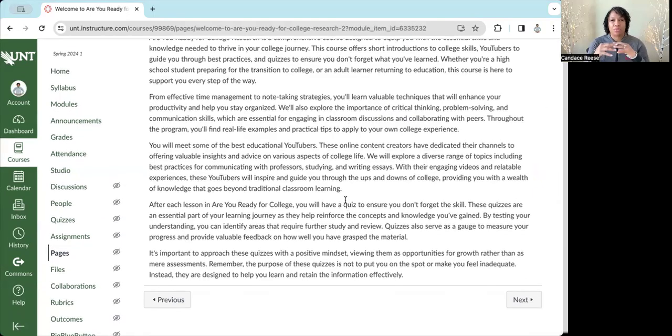It's basically a bridge program where if you've been out of college for a long time, or if you are a high school student just preparing and transitioning into college, this program will help you do that effortlessly so that you can feel more comfortable with the content that you're digesting, not just in my class, but also in other classes. It helps with reading skills. It helps with engaging with your professor. It helps with study skills.